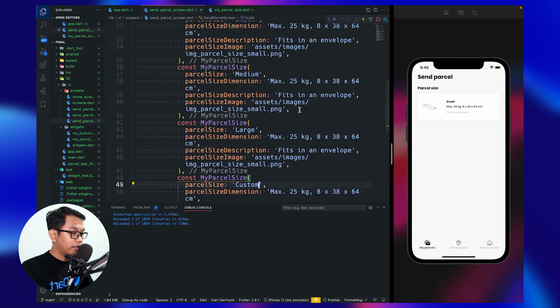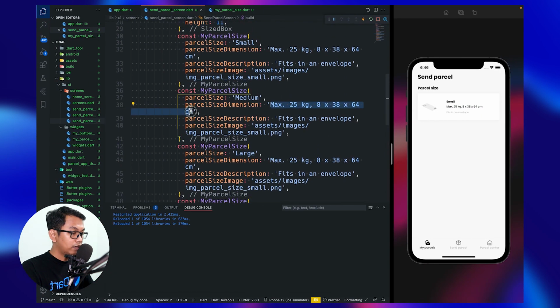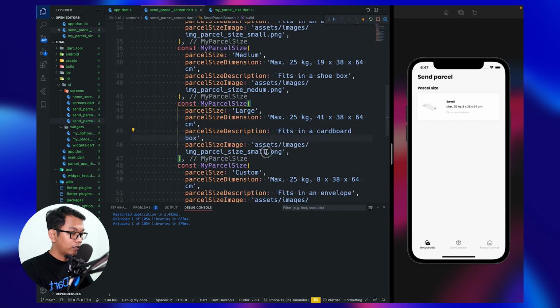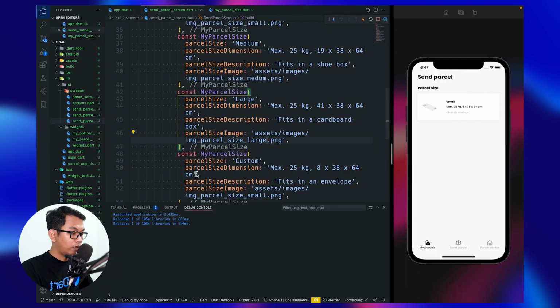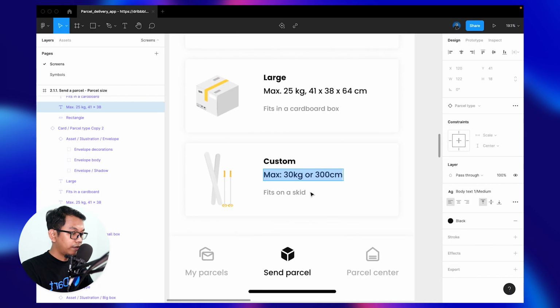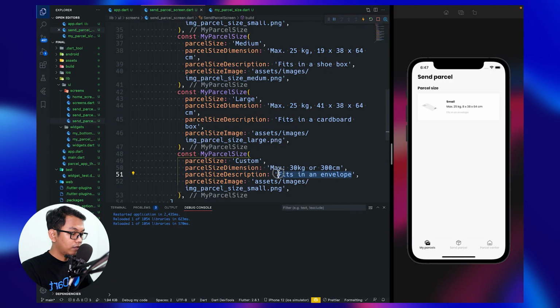Copy here and paste, change to medium, paste here, change to large, and the last is custom. We say here, change this to custom, restart.